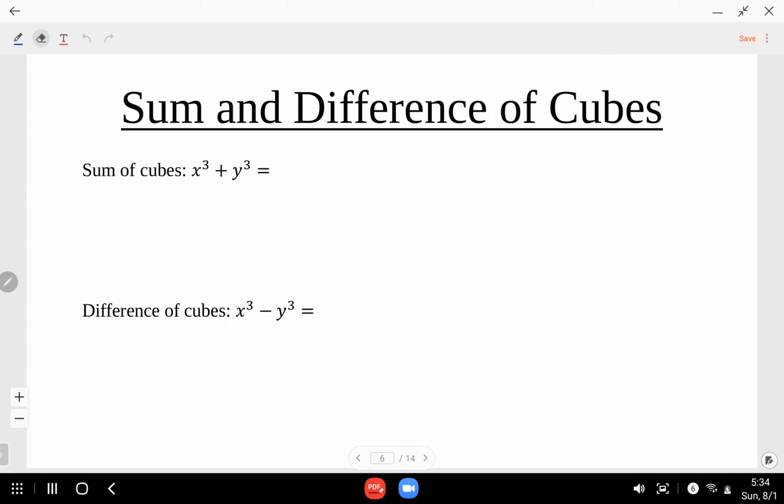So x to the third plus y to the third, or x cubed plus y cubed. This is sum of cubes. And what that equals is,